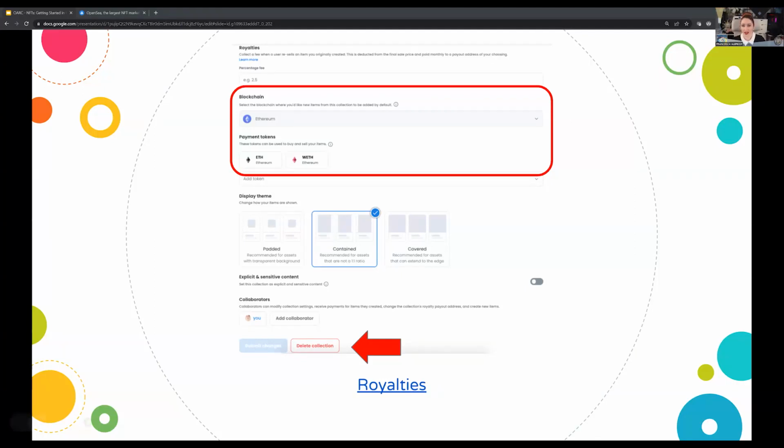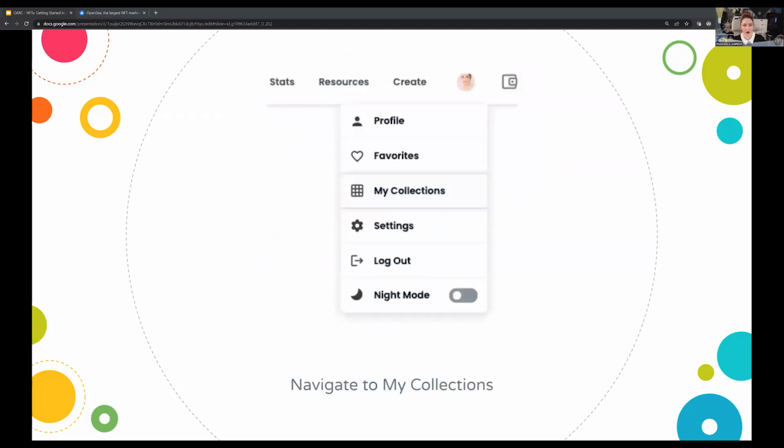So I'm using this button at the bottom to delete the collection, and we're going to do this again, but I just wanted to let you all know that we did it wrong in order to do it right. This is a common mistake, and a lot of tutorials out there don't show it. They just quickly show you how to make an NFT, and they don't show you that you actually need to set up the collection first and set up your royalties, how you want that to work, before you actually make the NFT. So we're going to start again, and this time don't click create.